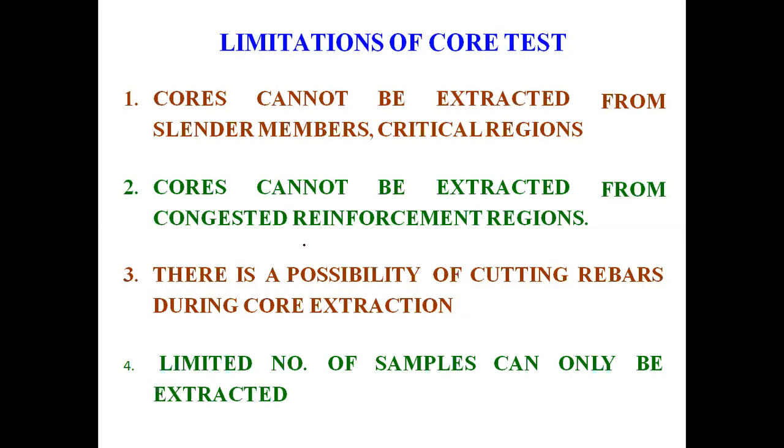The limitations are given by the code: at what distances you have to maintain to take the core samples within the surface area provided. Okay, I will let you know at what distance you have to maintain. As per my knowledge, for roadways, for rigid pavements and all, they try to maintain at least 5 meters of distance to take the core samples within the pavement. If you take it from a column, definitely you can take only one core sample within the column. If it is a big RC wall, I think the same distance, like 5 meters, you have to maintain to take the core samples.